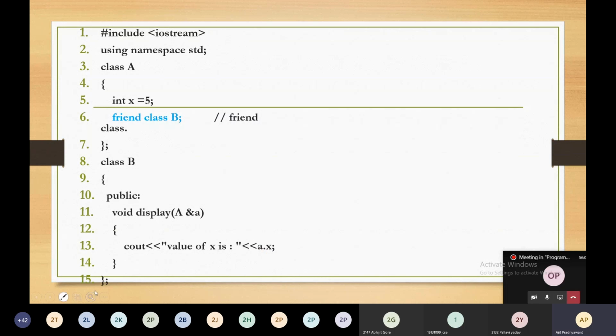And at the end, the close of the class B. So inside main, we have created two objects, A's and B's object, and we have called b dot display, and we have just passed the object a to the display, which is received over here, and we access the value of x by using a dot x.